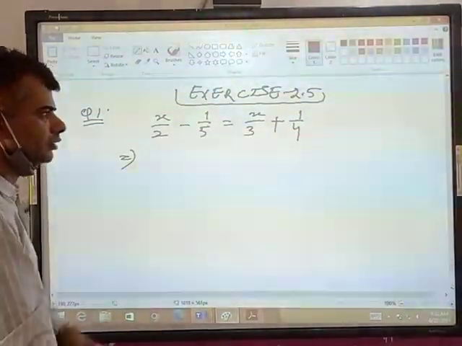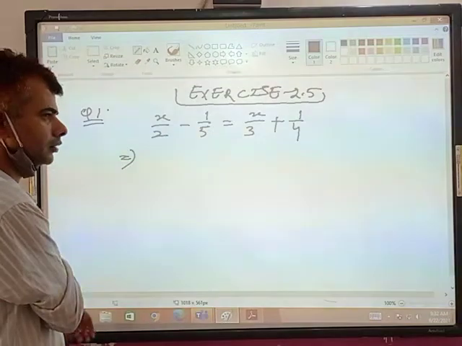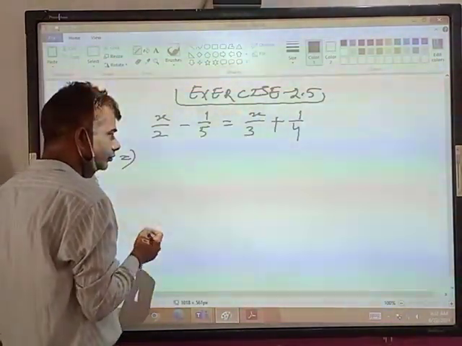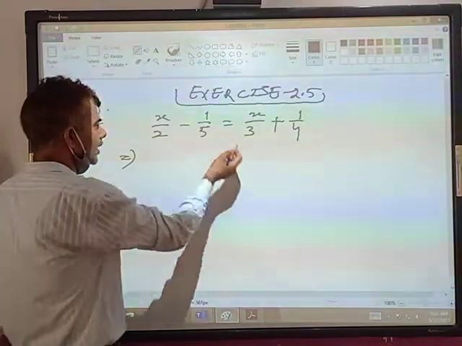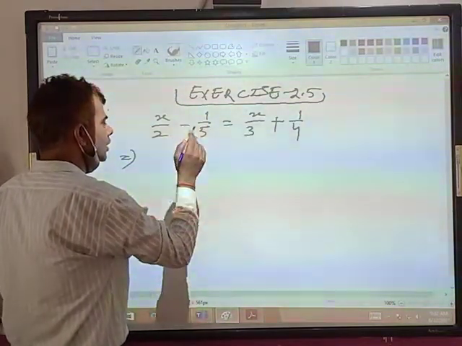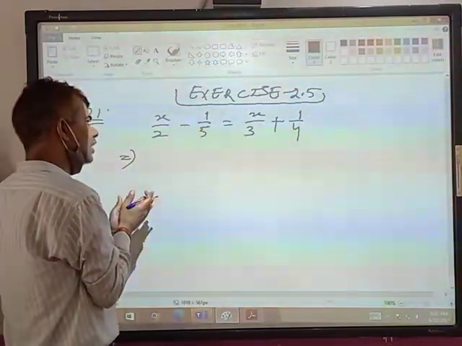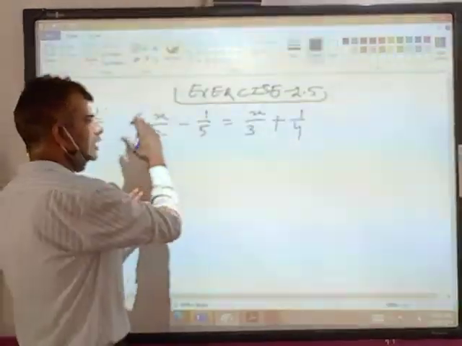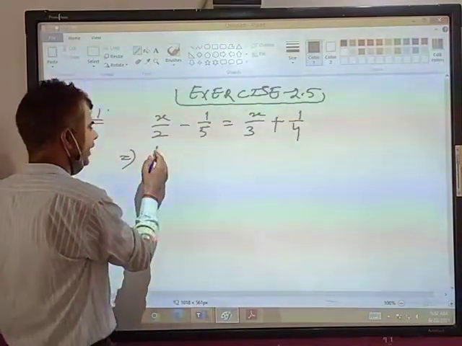Students, can you see the screen? Yes, sir. Okay, students, now we have to find out the value of x. We will keep the variable on one side and keep the constant term on the other side. x by 2